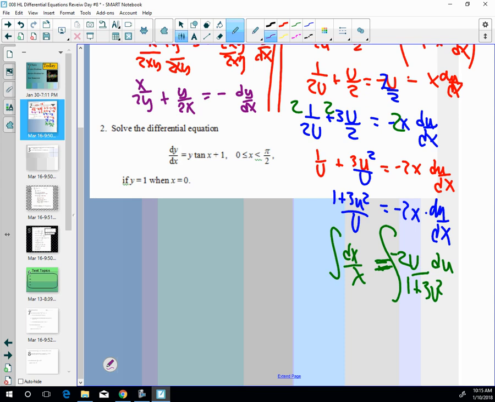So I have natural log of x is equal to the integral of negative 2u du over 1 plus